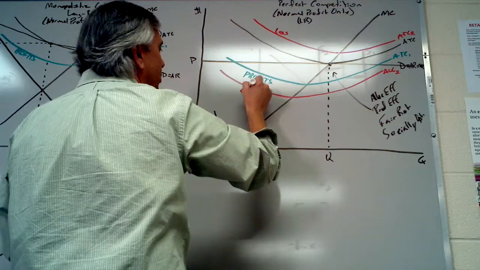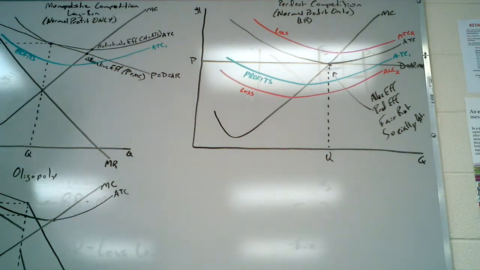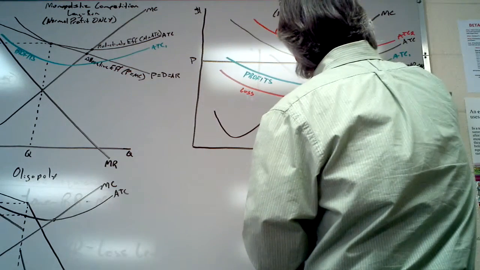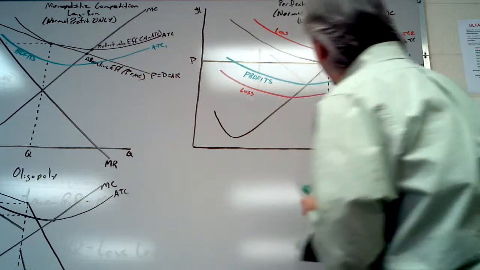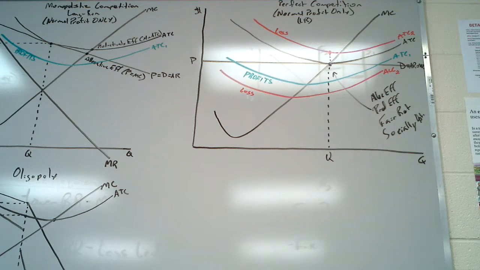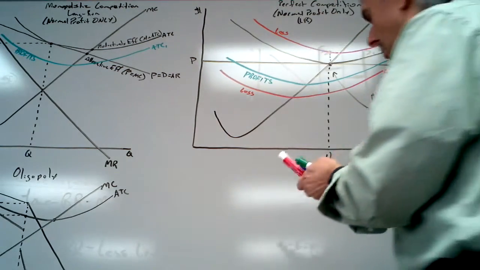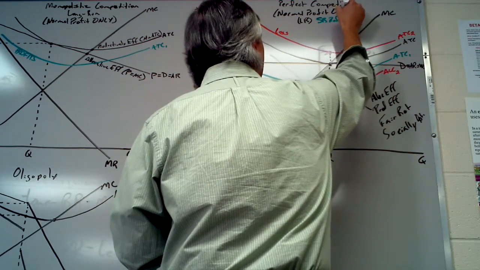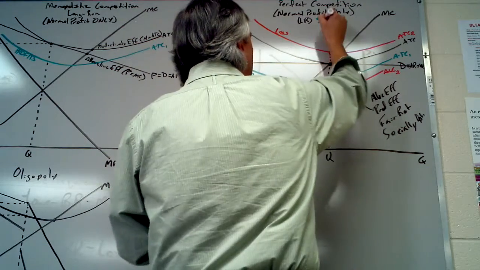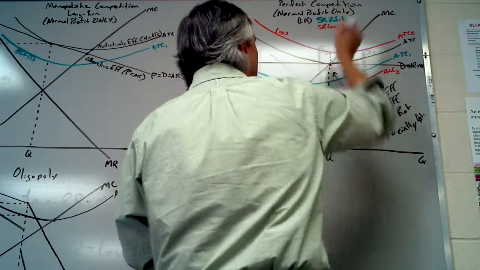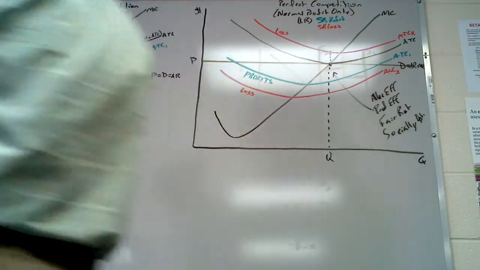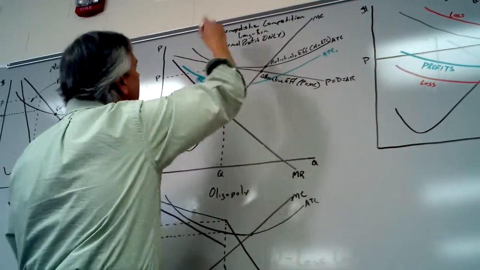I'm going to connect those two because we need them both to make that determination. And our loss would be that vertical distance right there. That's a loss. And this is still in the long run? No, the long run's only the black. So this would be short run profit, and then the red would be short run loss. And then over here, our short run loss would be